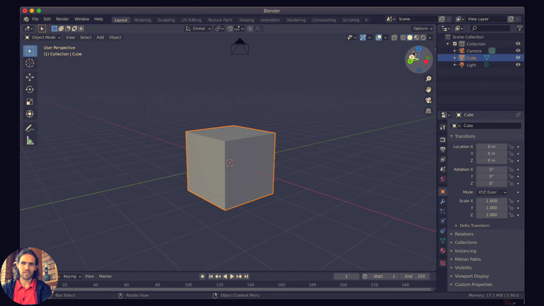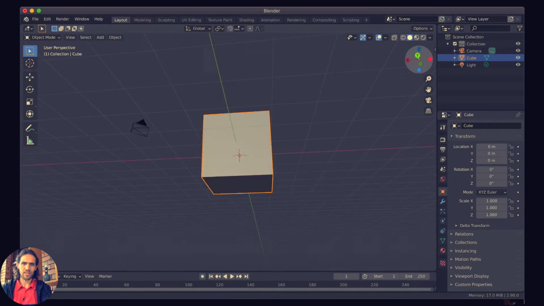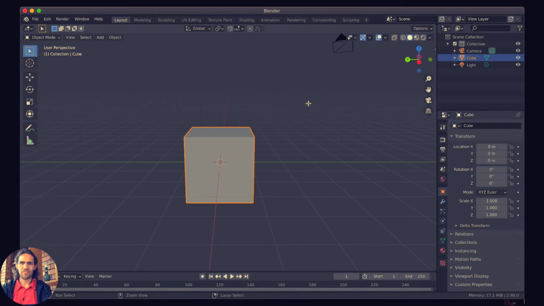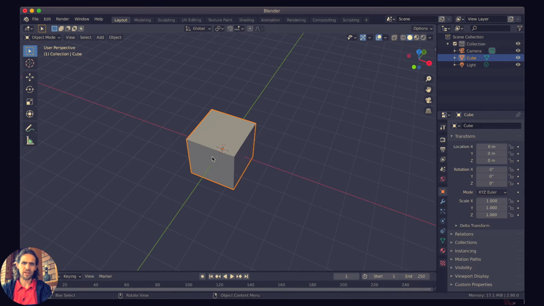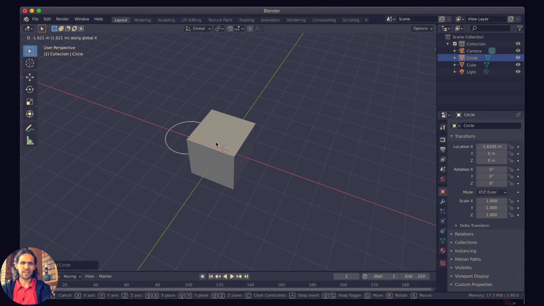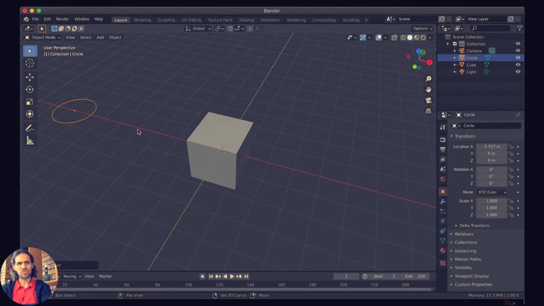Like I said, I can drag around like this, or I can use this little gizmo in the corner here to have a look at it. Right, the next thing is that when I'm rotating around a specific point, if I don't want to rotate around the cube anymore, for example, if I have this circle over here and I want to rotate to have a look around at that circle over there, I pan, so shift drag,